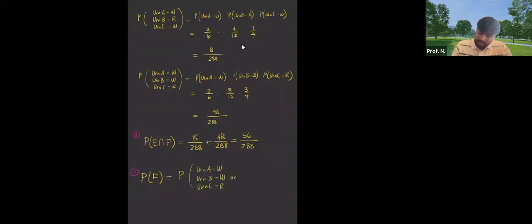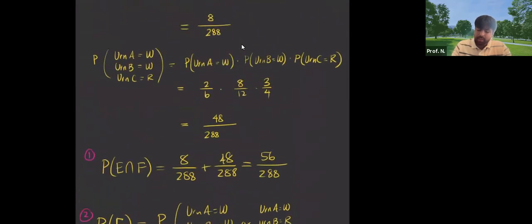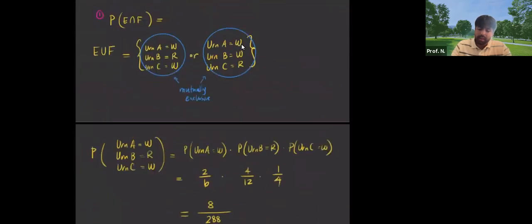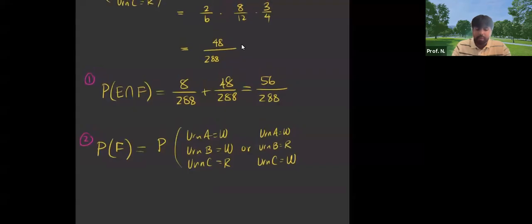Or what? Urn A is white, urn B is red, and urn C is white, right? You're like, wait, we're just doing the same thing again, aren't we? It's the same 2 things, but we have to add one more. Or what? Urn A is red, urn B is white,